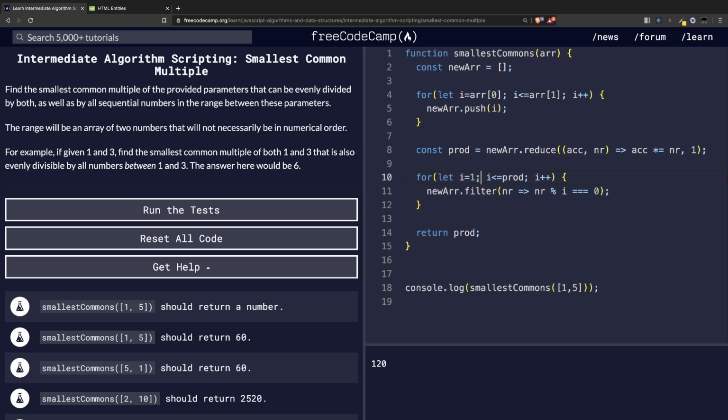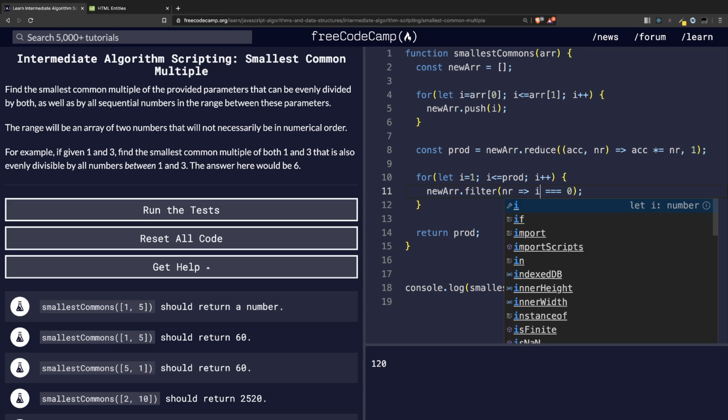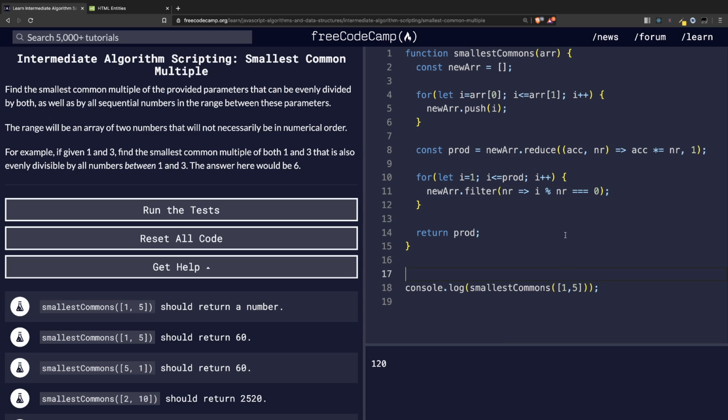Oh no, the loop. Oh yeah, it's okay. If i is divisible by this number, so the i in our case could be 60, for example, and we say if i, or 60, is divisible by number, which will be 1, then is divisible by number 2, divisible by number 3. Okay, so this will return the array of all the elements that are divisible by this number,